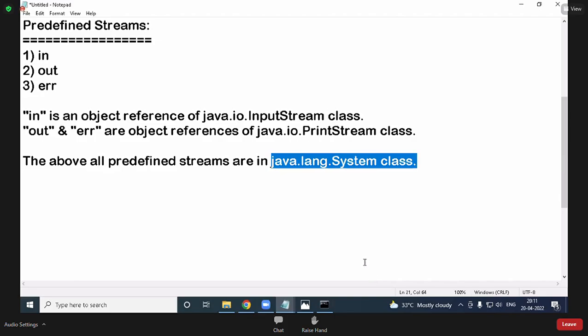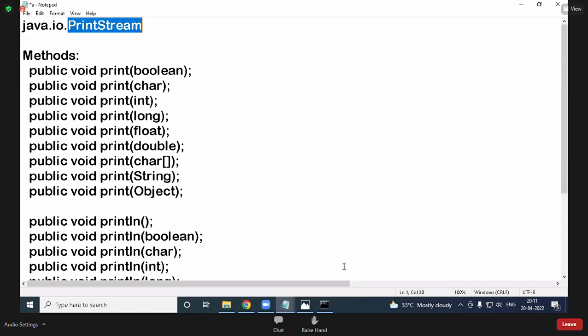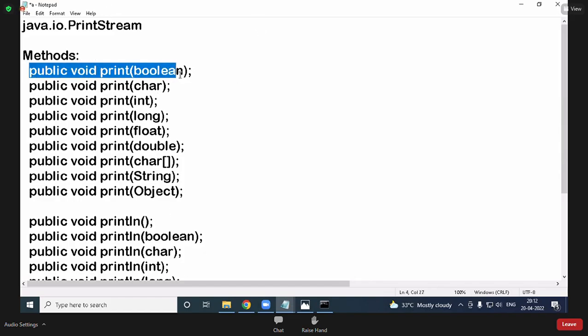For understanding, we have to open that class also. First of all, write this one. The first method, write complete. From the second method onward, write only the parameter. Total 19 methods are there.